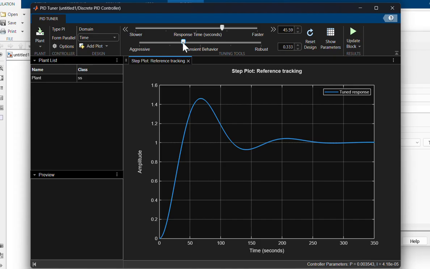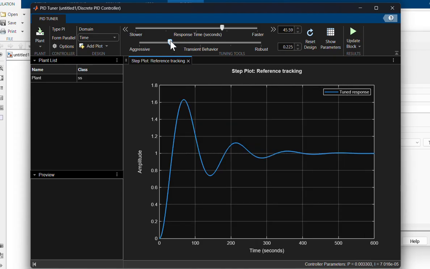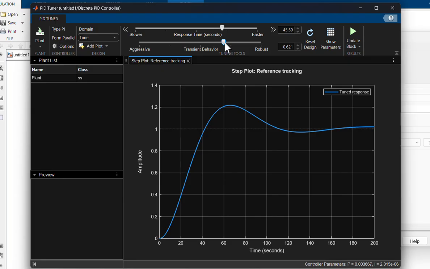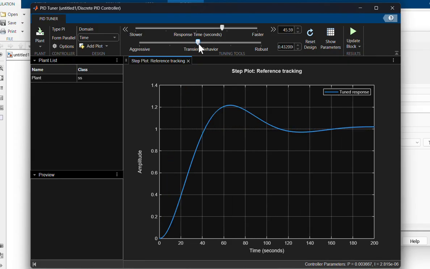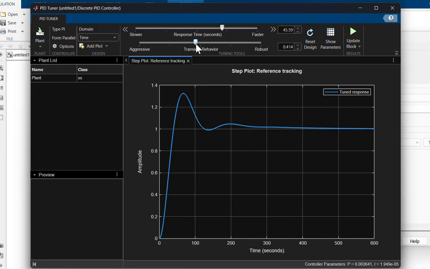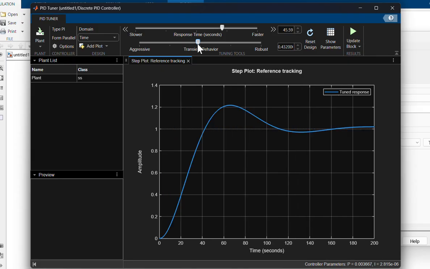Aggressive one, robust one, not aggressive one. I want the robust signal. Transfer function. I think it's okay. Update block.